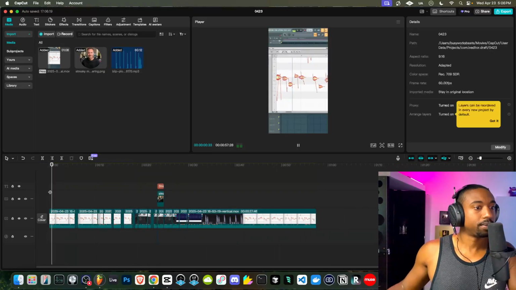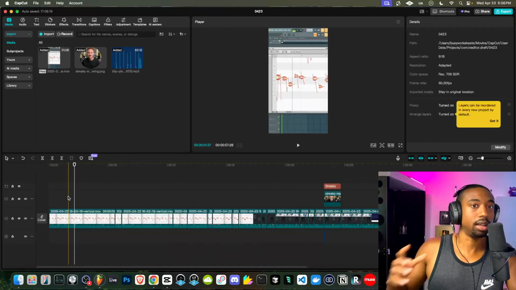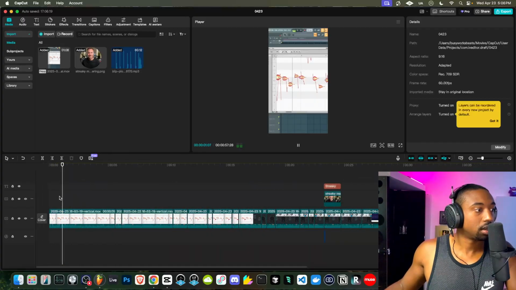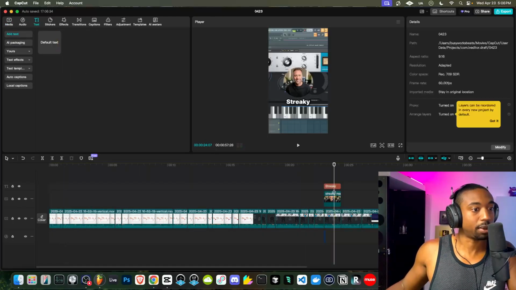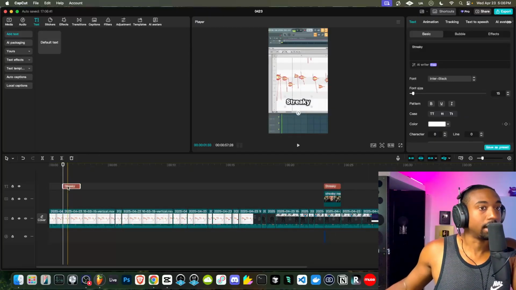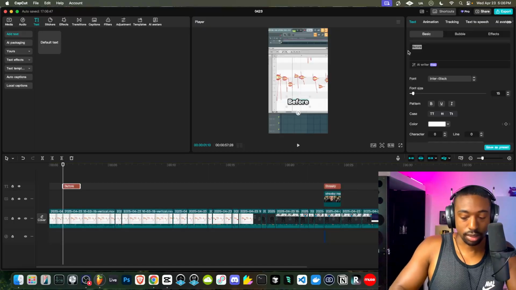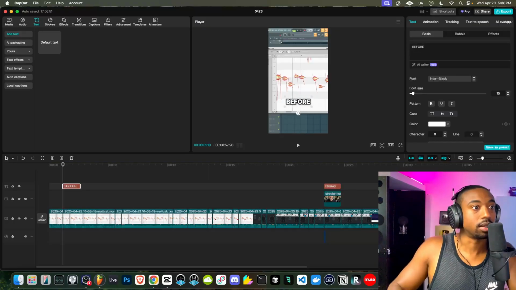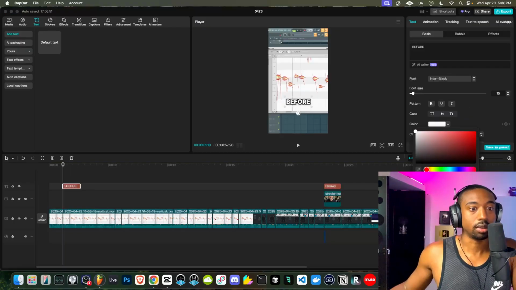Let's go back to the beginning. So when I say this, let's add some kind of animation and then a before and after text. Let's add Control B. Let's add the text here. Now what we could do is copy the text to save all of those features that we've already added, like the text style. Okay, so let's say before. And what I like to do is signal the bad things and the good things with the text color. So let's switch this to a red color to signify that it's the bad, so to speak.